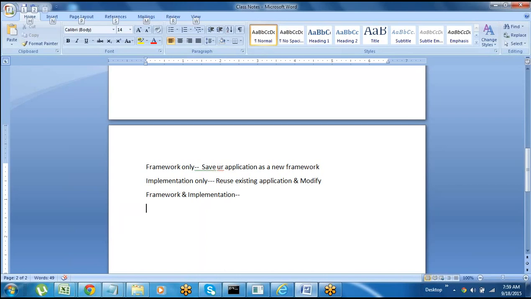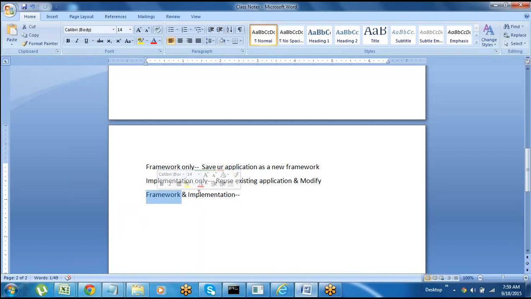When you're saying implementation, are we deploying our application to a server? Not deploying like that, just modifying the existing application. Implementation means you are taking some existing application and adding some changes to it. Don't worry, we will not choose a separate layer like this, but the option will be there. In most cases, not 100%, we'll use both options, because your application will compulsorily be saved as one framework.